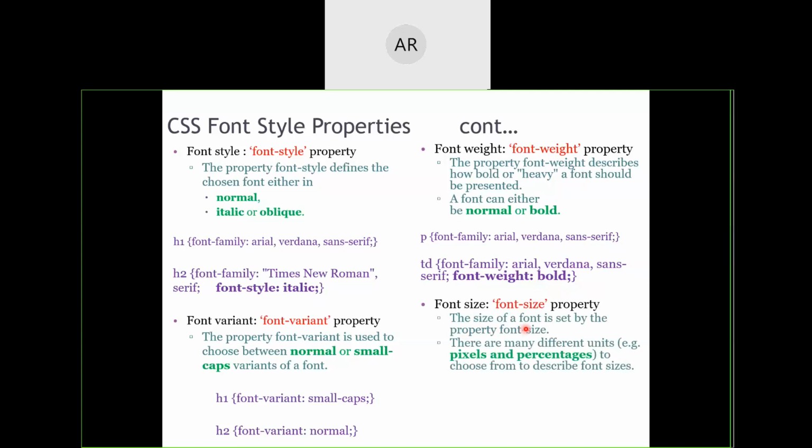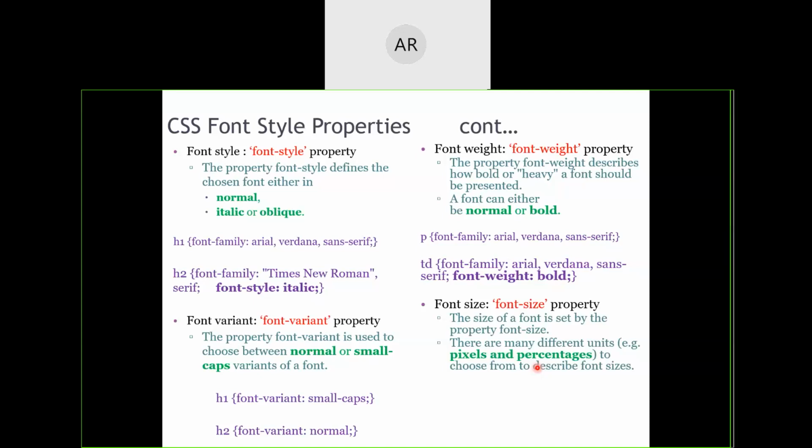Similarly, we have one more property for font, that is font size. This font size can be expressed in terms of pixels or in terms of percentages. Usually we'll say font to be of 10 size, 11 size, 12 size. 12 is usually common for our letters, 14 for headings and 16 for the main heading of the page. Whenever we prepare documentation, we'll say normal font size as 10 for printing.